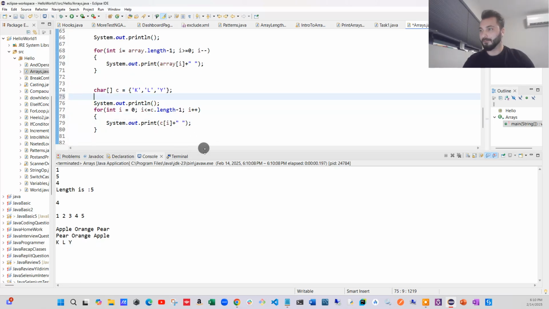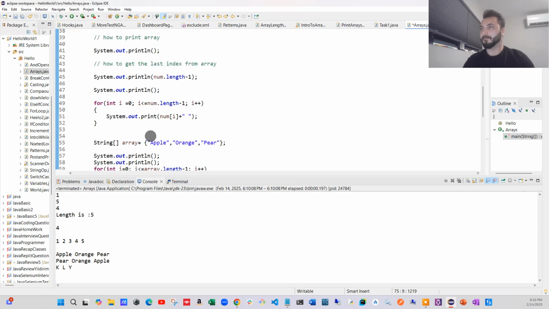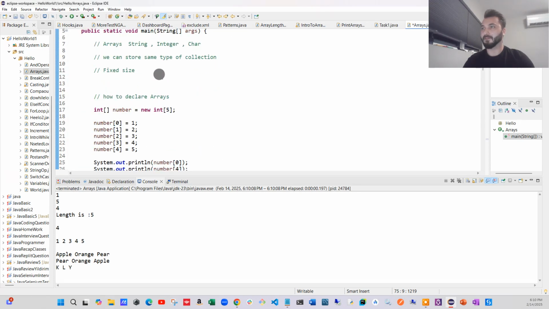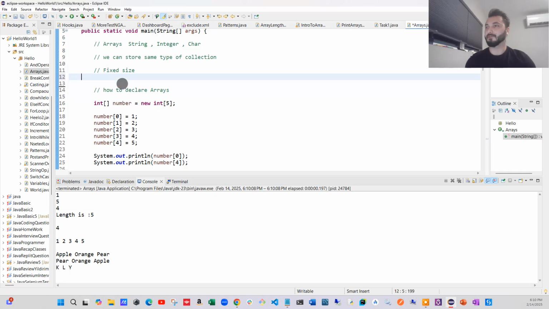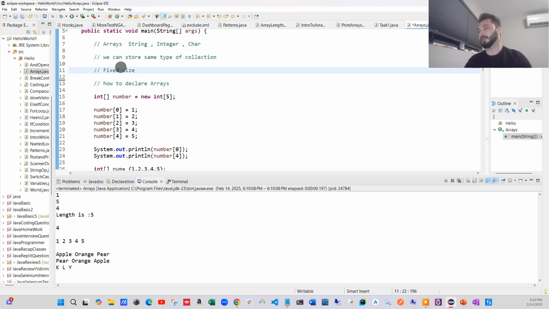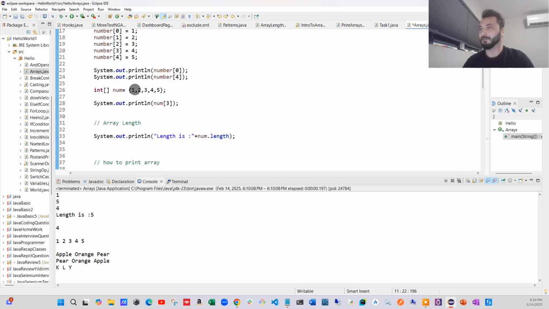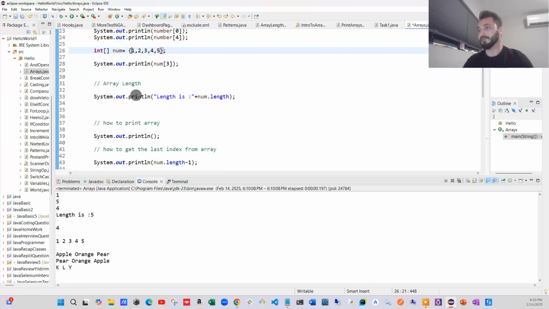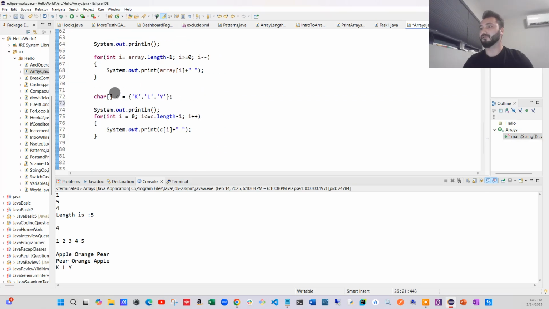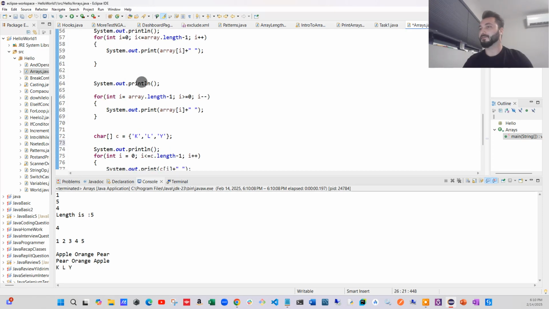This is all about it. If you wanna make some examples by yourself, just go ahead and do it, because if you type it, you will learn it. If you don't type it, then you will struggle to handle arrays. As we say, arrays are fixed size, and we can store a same-type collection. As you see in my examples, we are only storing the same type. If you are creating an integer array, then you can store only integers. If you are creating a string array, then you can store only string elements. Or if you are creating a char array, then you can store only